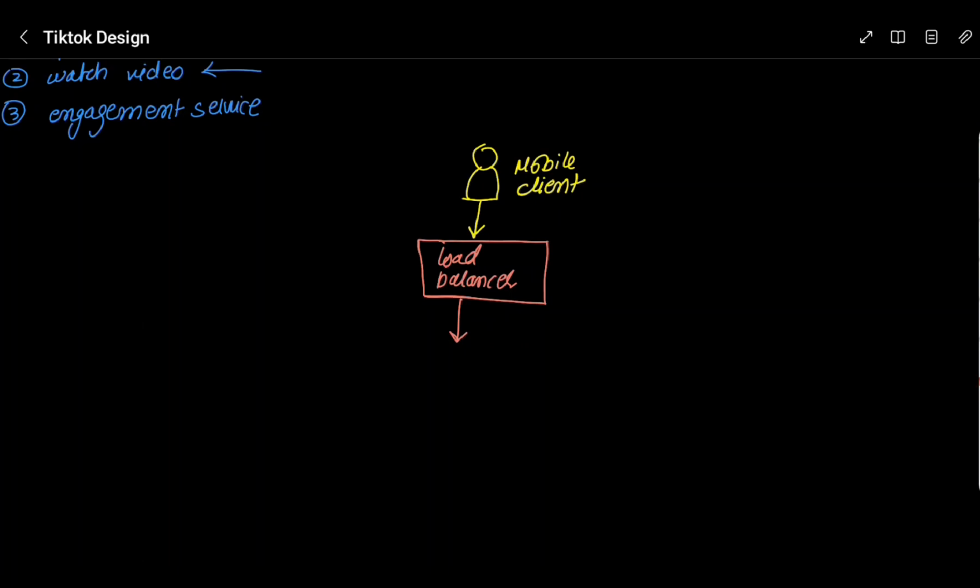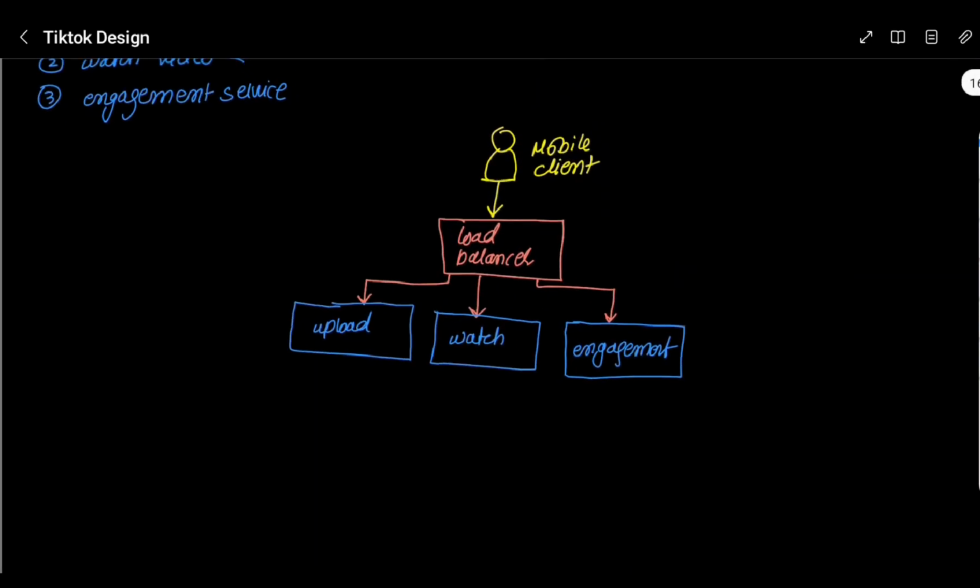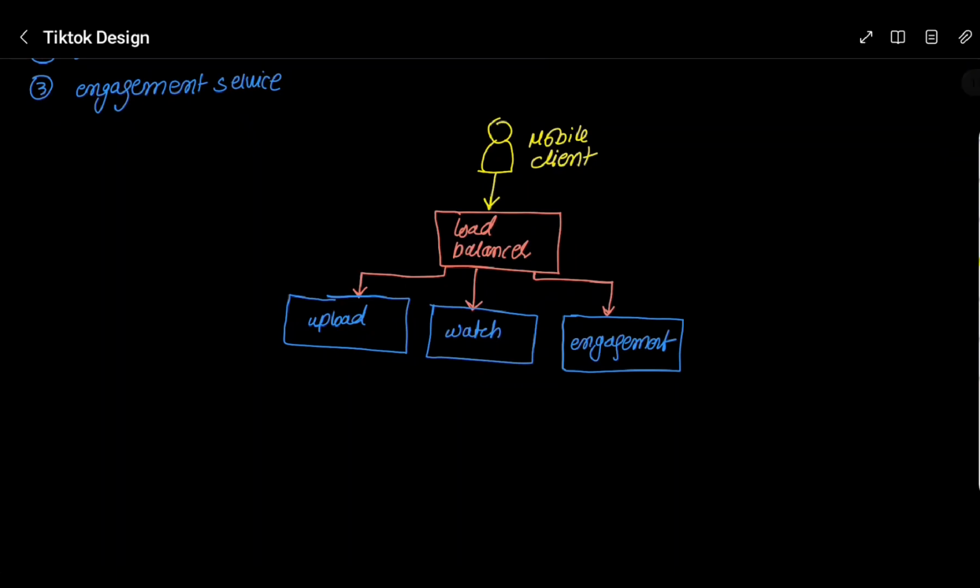So let's draw 3 different hooks over here, and I'm gonna add my service boxes over here. Let me scroll this up. All right, this one would be upload. This one would be watch. This one would be engagement. So one part of scalability is addressed through using a load balancer,